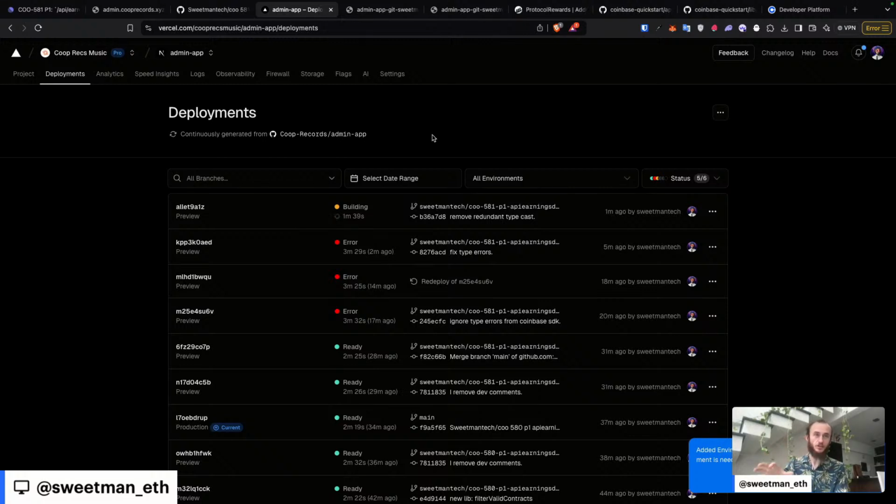When we build on Base using Coinbase tools on-chain, we get instant payouts for musicians. We get transparent distribution mechanisms so that everybody can see exactly how the funds are getting distributed. And we have automation to process those payouts automatically with no human intervention required. These are just some of the many benefits musicians, record labels, and all the other actors in the music industry get by building on-chain with Base and with Coinbase instead of building on traditional music industry rails, traditional payment infrastructure,